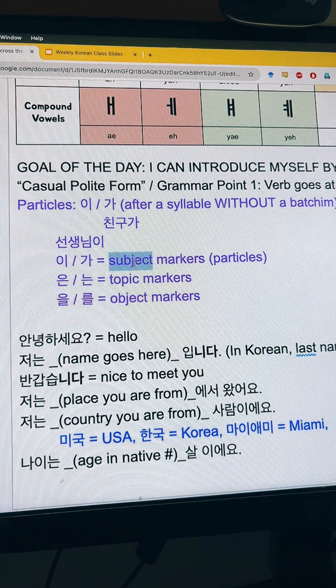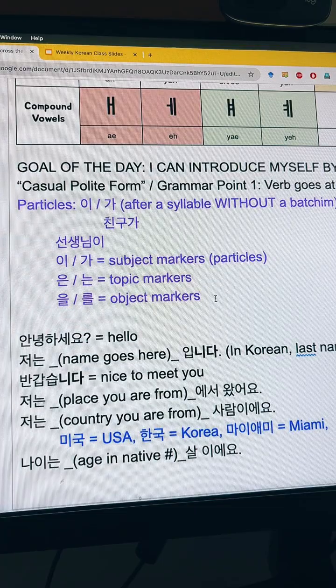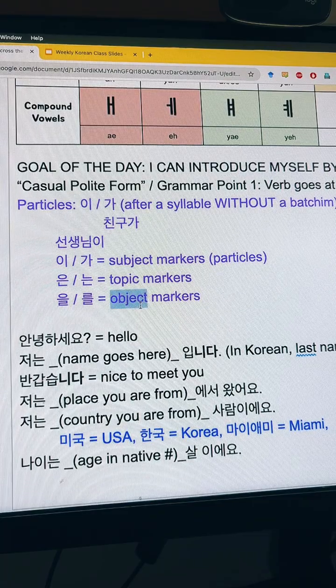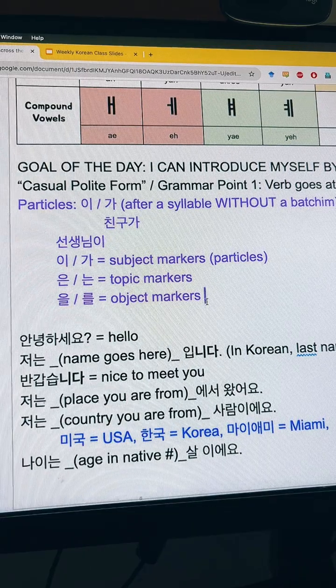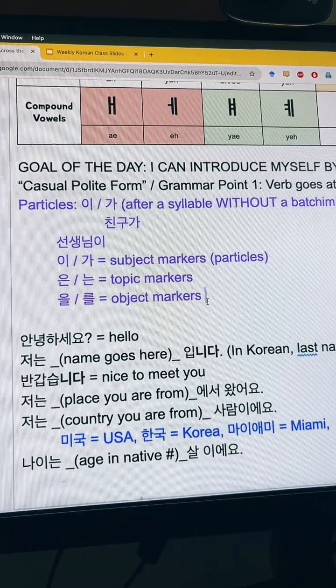Like there's the main subject in the sentence and there's the object in a sentence, right? Not all sentences have an object, but usually grammatically, object basically means something that the verb is done upon. So if you want to say, I met my friend, the friend becomes the object that you meet. I is the main subject and your friend is the main object, right? So you would say 친구를 만났어요. 친구를 만났어요. I met friend. I hope that makes sense. Okay, let's see.